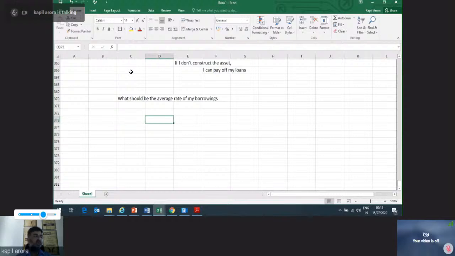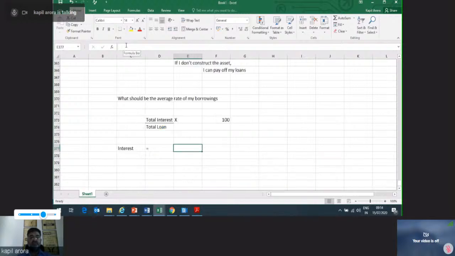We have different borrowings. The average rate comes by calculating total interest upon total loan multiplied by 100. So that interest rate will come by applying the formula total interest upon total loan into 100. So let's find out what is the total interest for this. So total interest for this is